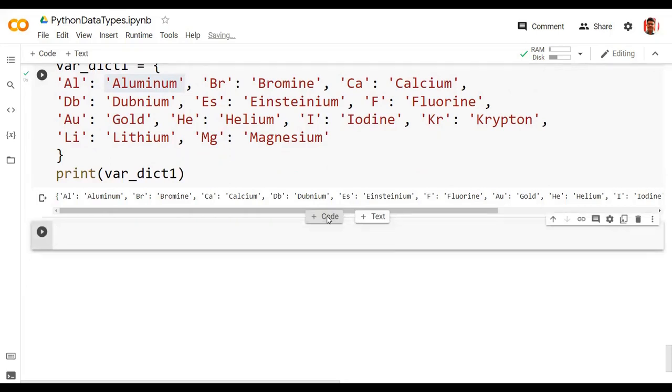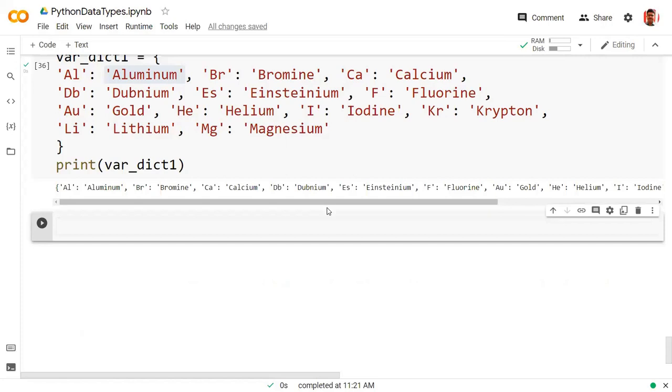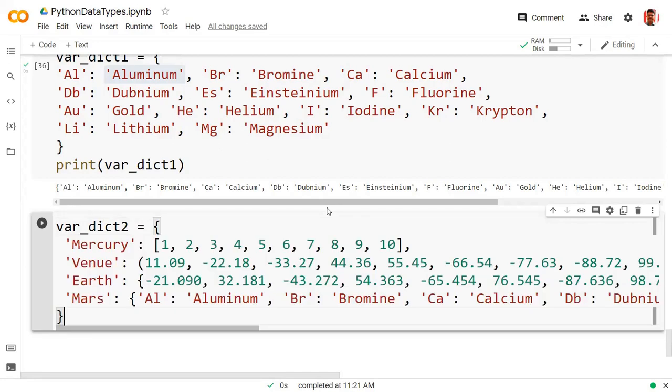Now, one more example where you have a combination of different things. Like we have seen this particular thing, I will say dict2, and we have this. Now right here we have Mercury as key and its value is of type list.